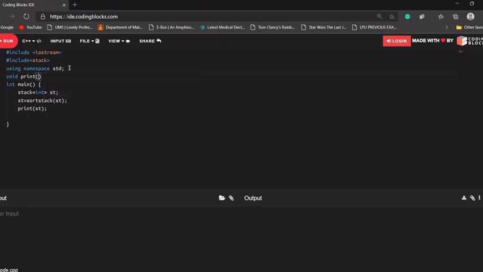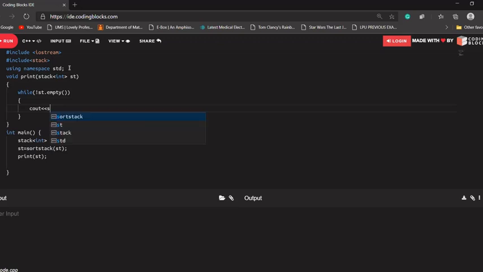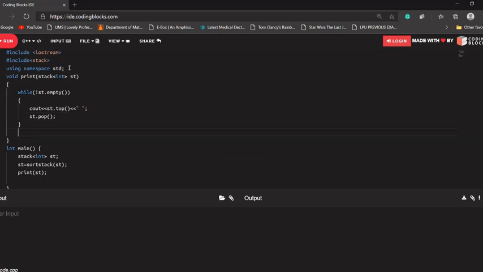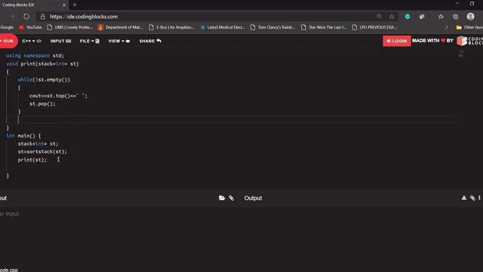Let's say it will take an argument as stack int st, while st is not empty, I'll be printing the st top, and I'll be popping the elements from the stack.